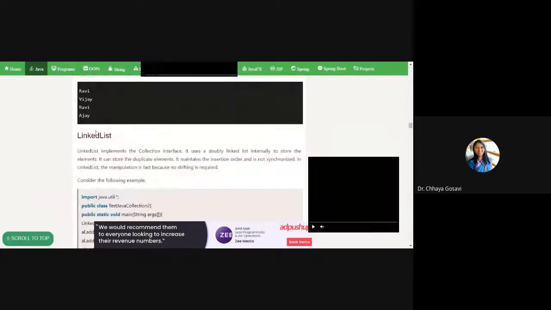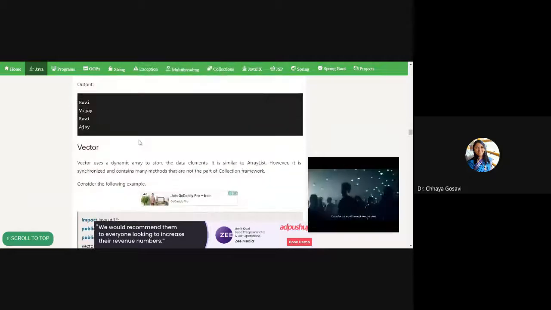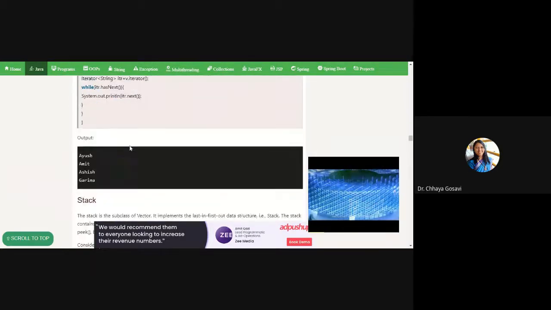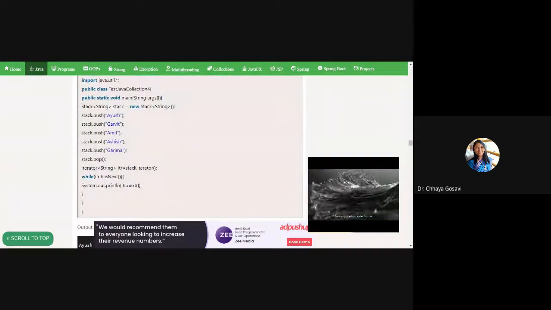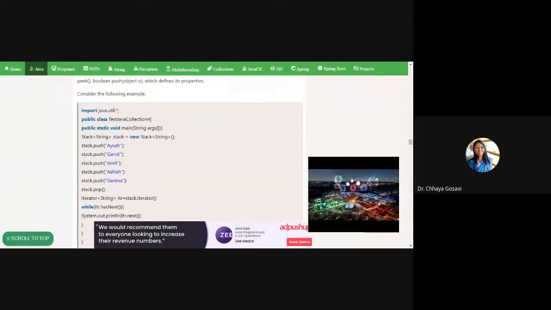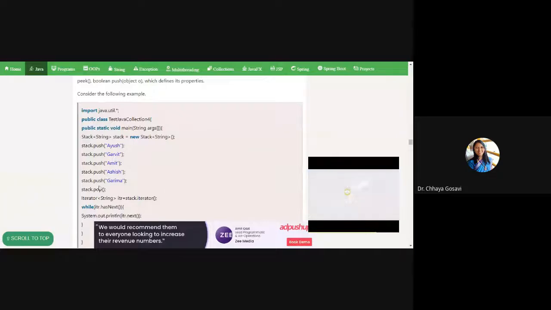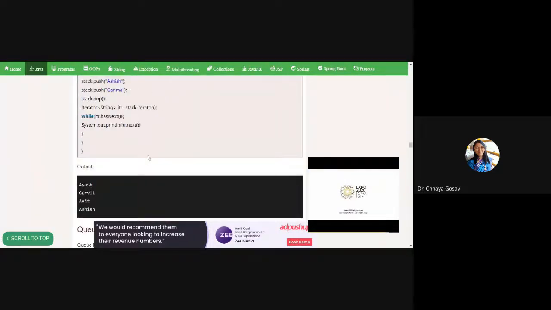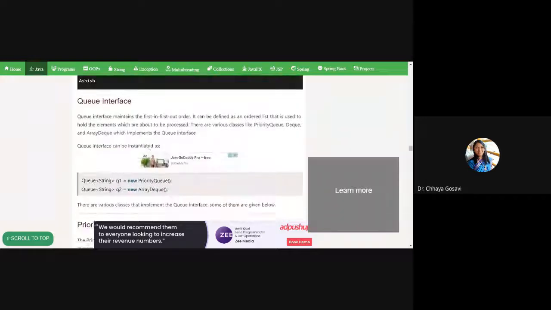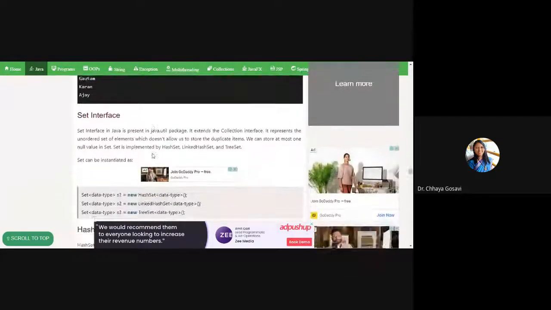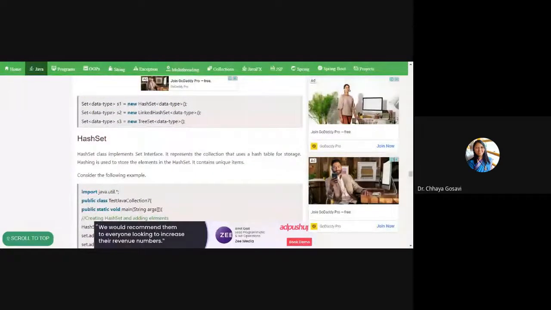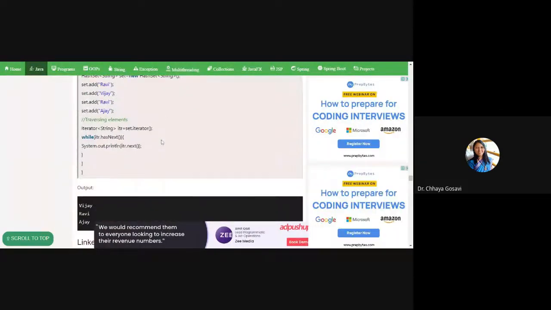There is the class called LinkedList, then Vector, and Stack. Stack is also available. You can directly use Stack. You can push elements and pop elements from the stack. Then Queue, PriorityQueue, the Set interface, and HashSet. This is the HashSet.